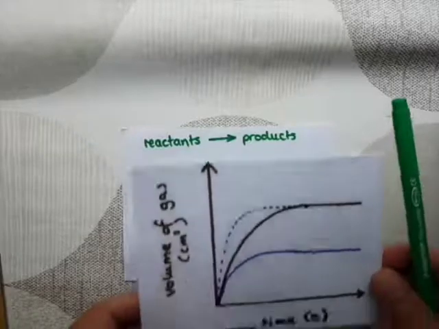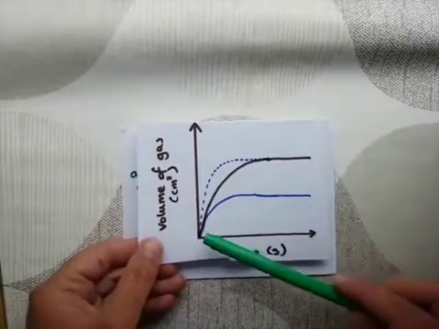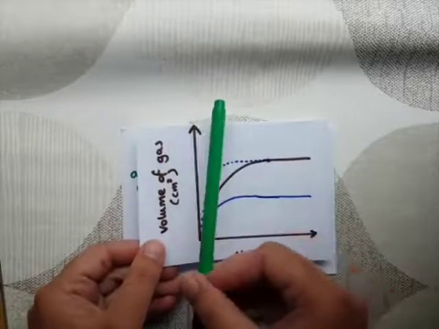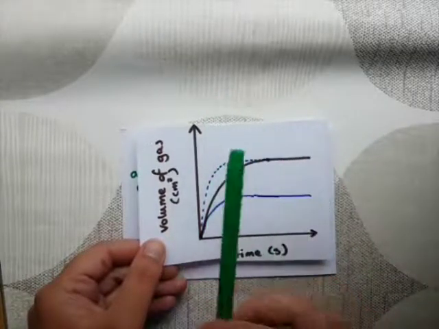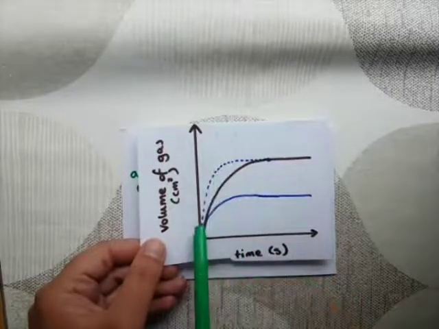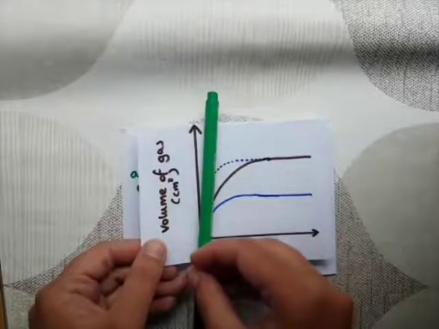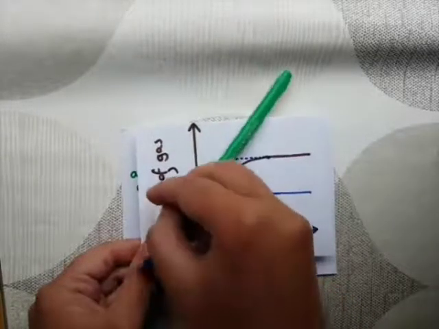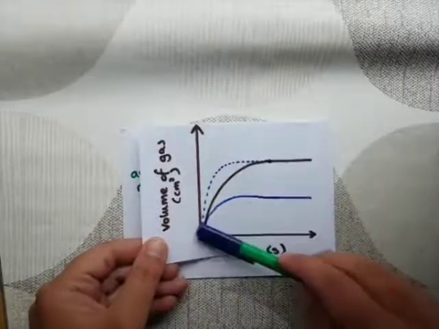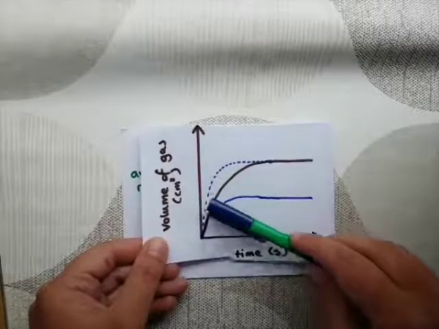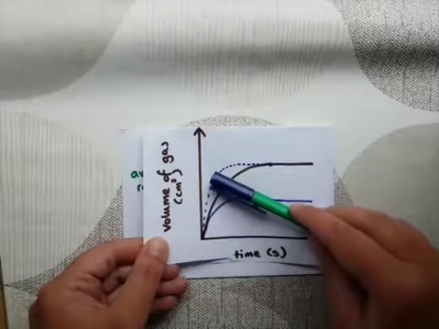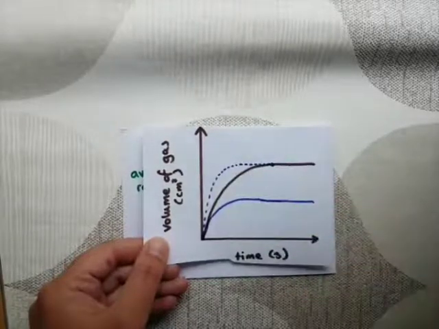Well, if we think back to our graphs, imagine we're measuring the volume of gas produced over time again. If you remember that the steeper the line, the faster the rate, what you'll see in all cases is that the reaction is always steeper at the beginning, so when the time is quite low, the reaction is faster, the line is steeper, and then as the reaction proceeds, this line gets shallower and shallower and then flattens out. So when we carry out a reaction with a fixed initial quantity of reactants, the rate of reaction will be fast at first and then it will slow down over time